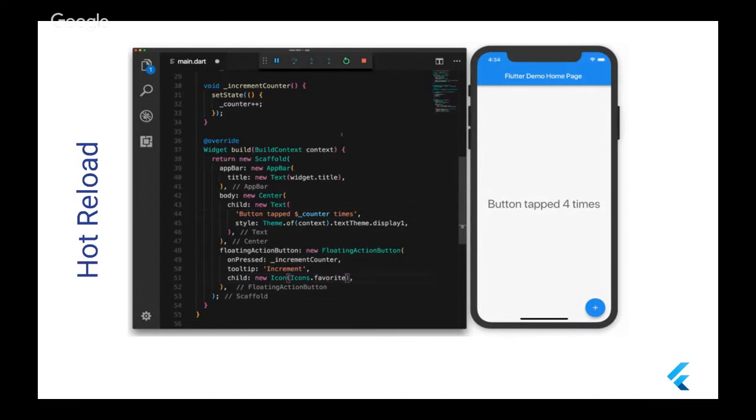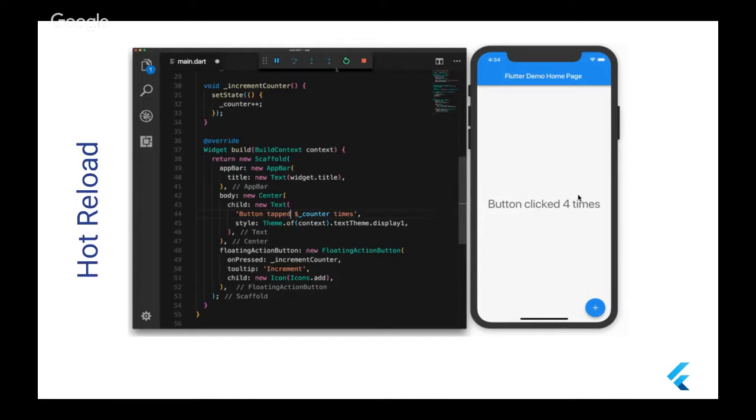Flutter will save your life, save your time. If you are building an application using Java or Kotlin in 3 months, you will build the same application in less than 1 month. If you are building an application in 1 week, you will build the same application in 1 day.